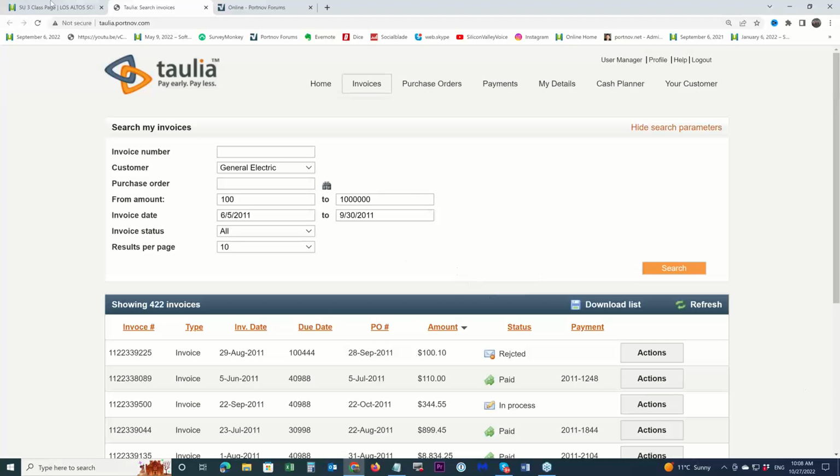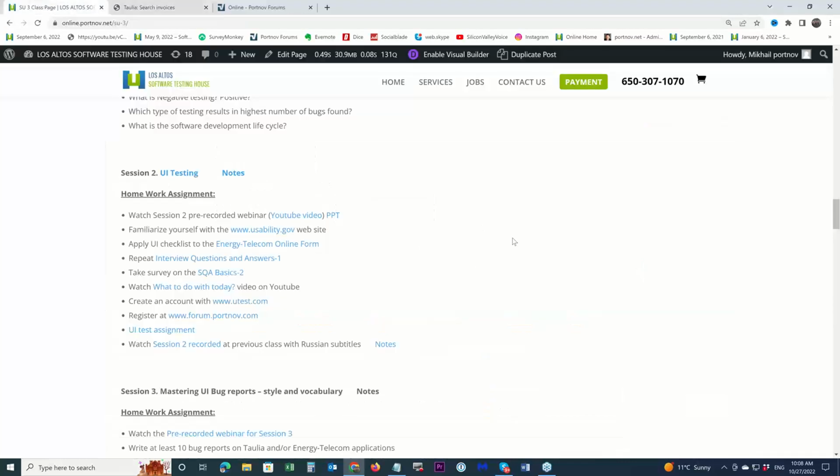And another application we have for testing is called Energy Telecom. And we will look at bug reports which you provided for Energy Telecom and for Tolia application.